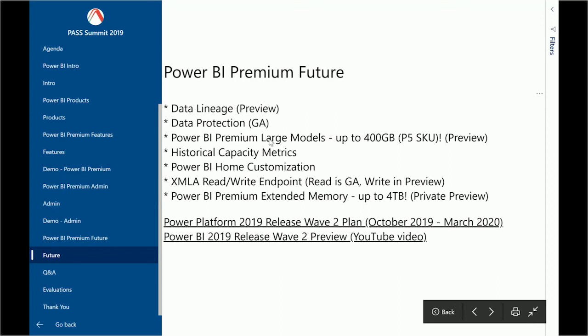So some of these features are things that are already out, and I've tried to go through and update stuff as things have changed this week. The data lineage view is just a new option you can get in the report. I could demo it, but it doesn't really show you much. Basically, for every report, you see all the data sets for a given report, and